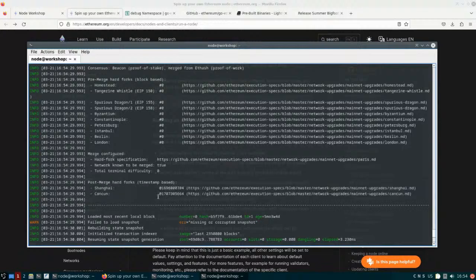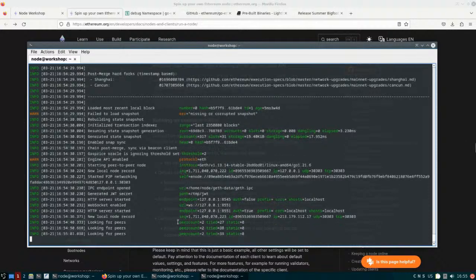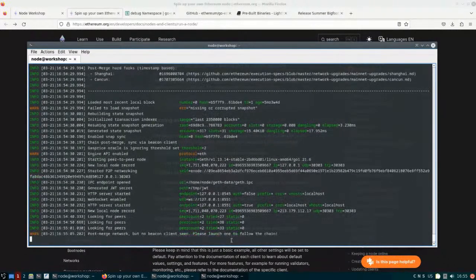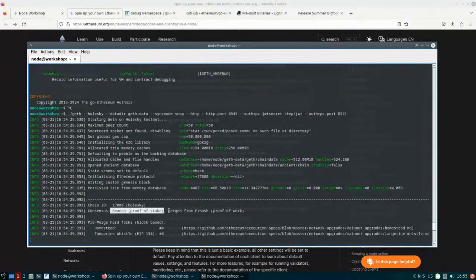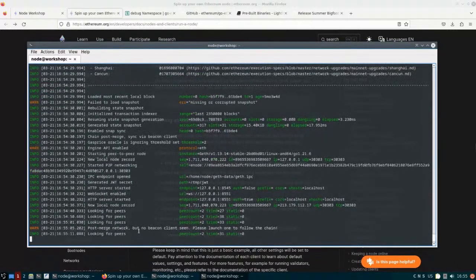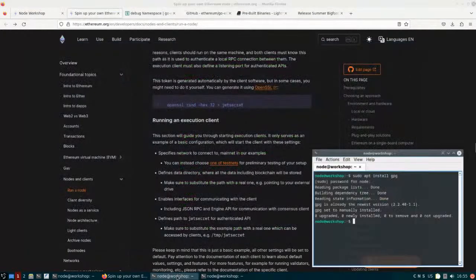And then the Shanghai happens, and Cancun activates at one point. Okay, it's already found 2 peers and it's running. But as you can see, it's the post-merge network. So the consensus is beacon, but there is no beacon client seen. So we need to launch one. That's our next challenge. Let's keep the window with Geth in here, and let's